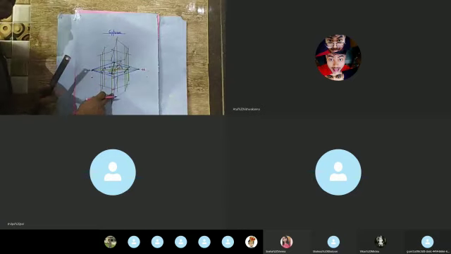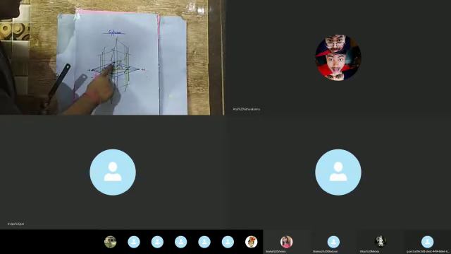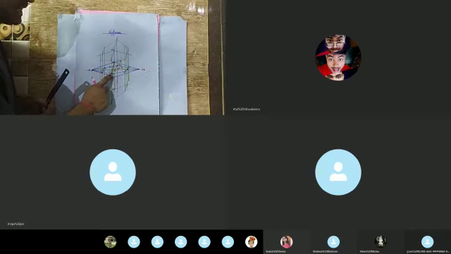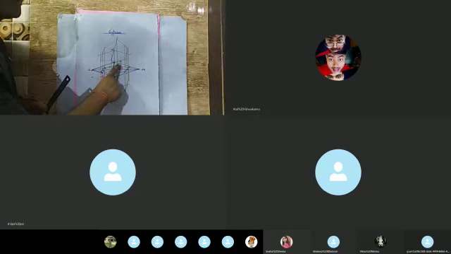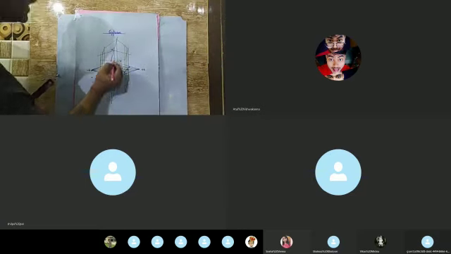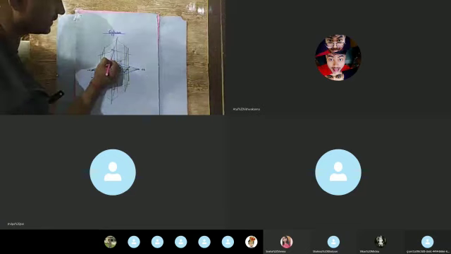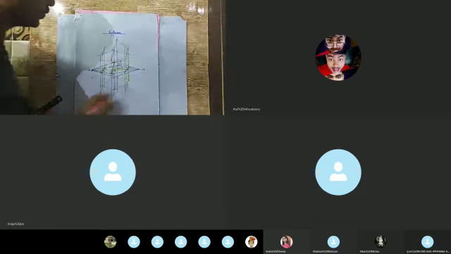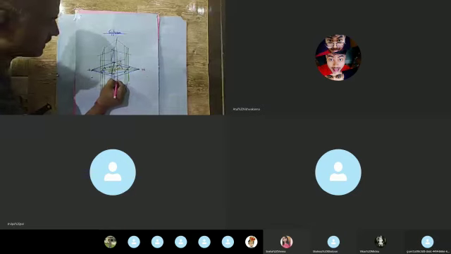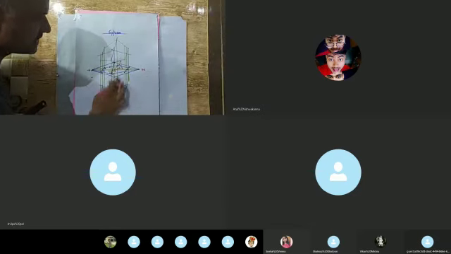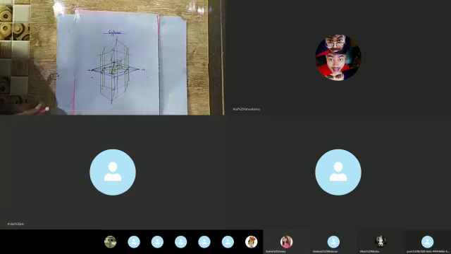Okay, I am repeating. Join plus A1 with plus C and draw a line parallel to this line segment, that is plus A1 and plus C, on plus C dash and minus C dash, and which cuts the plus A1 line and minus A1 line at double points. Here you can see this is intersection point 1, this is intersection point 2, like this. These are 4 intersection points.